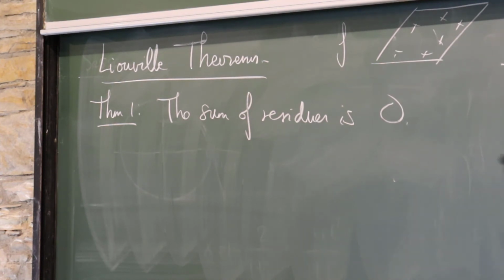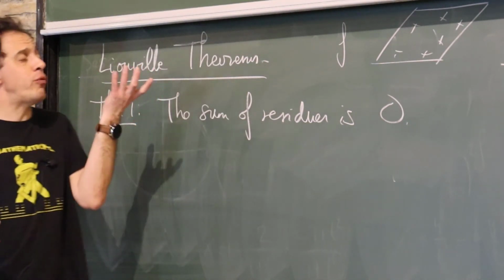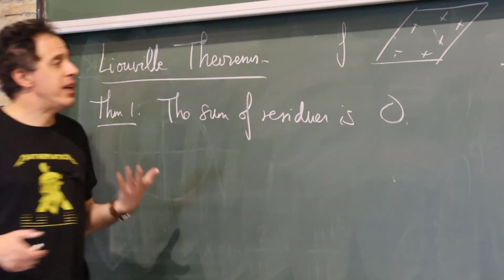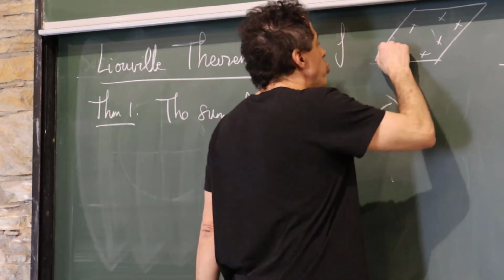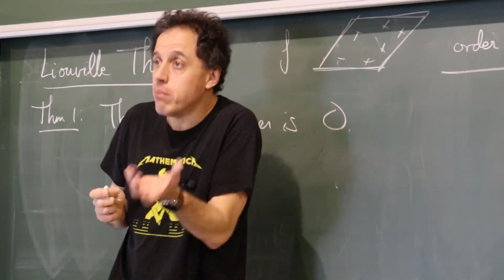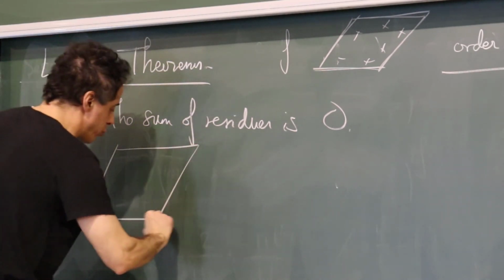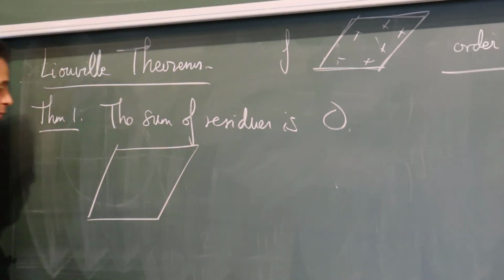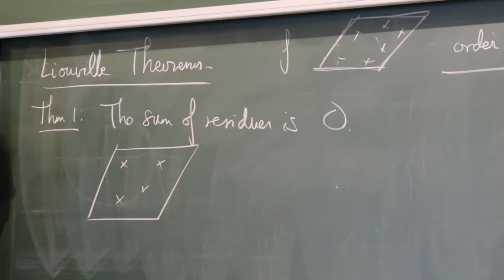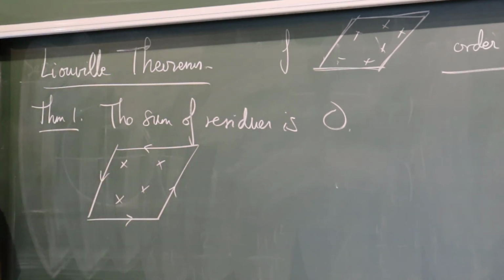Why? This is quite easy. Take a fundamental parallelogram and, as you can choose it, move it a little bit if you need, so that you don't have poles on the border. You can always move it a little bit. So take a fundamental parallelogram without poles on its border. So you have your poles somewhere inside, and you take the integral along